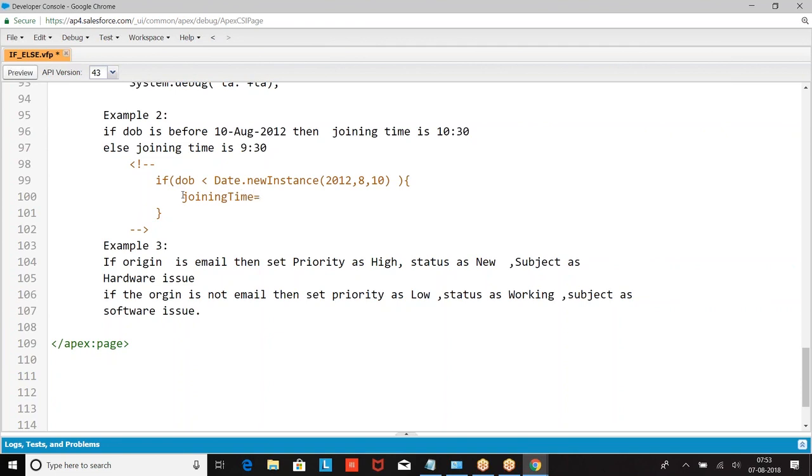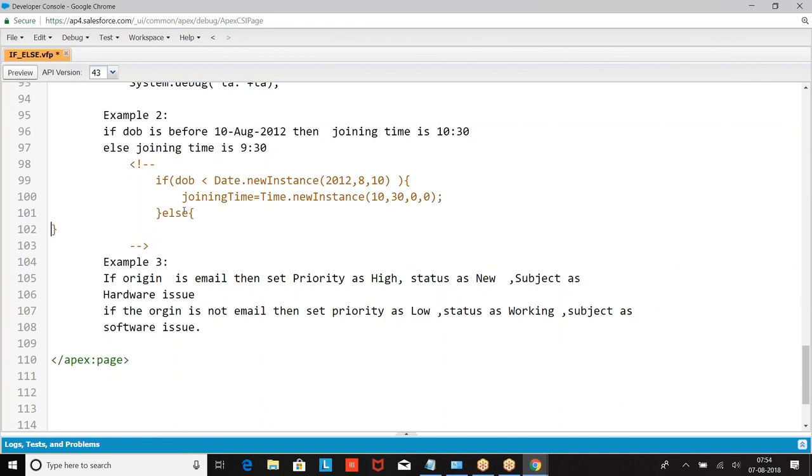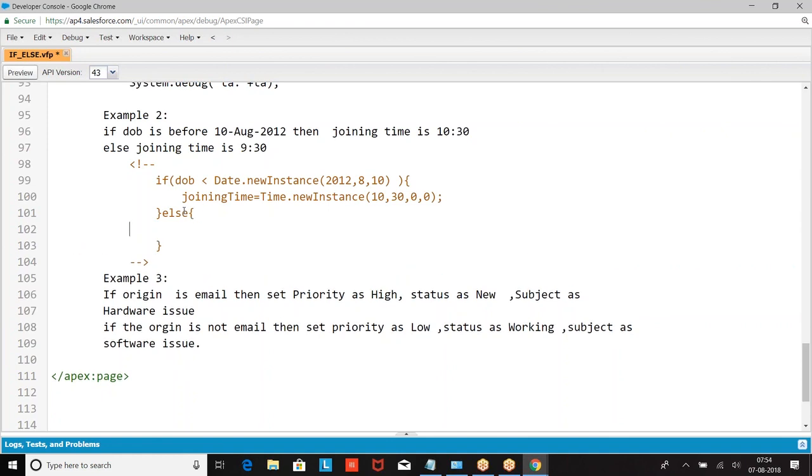What is the time? Time dot new instance of 10:30:00. Else, it is the other time instance.